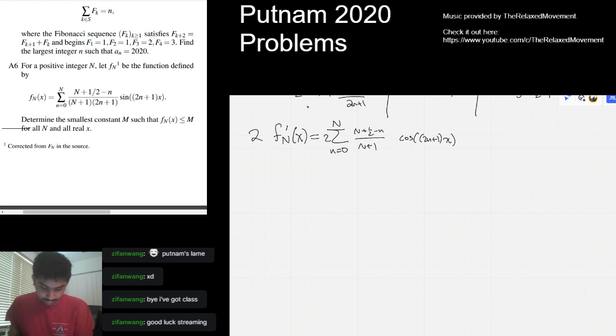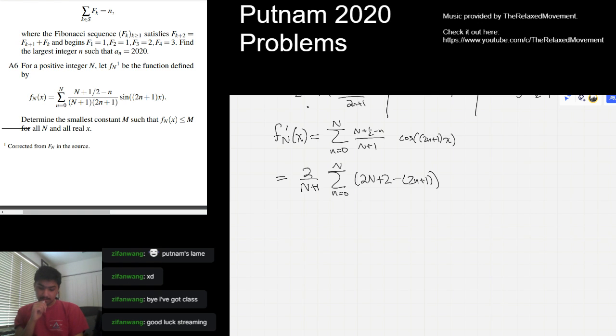It is equal to 2 over n plus 1, 2n plus 2 minus 2n plus 1, times cosine, which is equal to